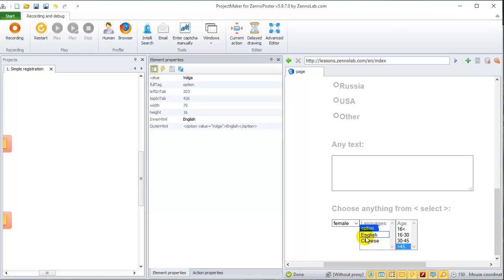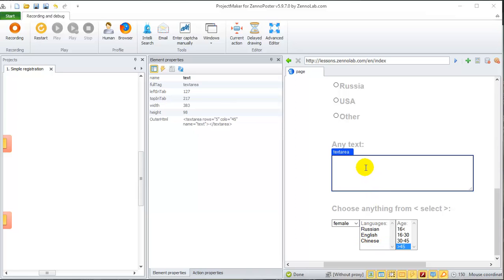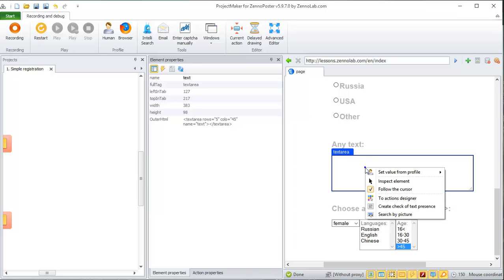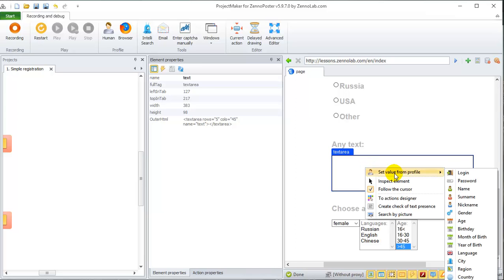When I move my mouse, I can see that the element properties window updates automatically, and here it is a text area. And if you agree with the attributes displayed in the element properties window, you can just continue to work with it. I can fill it with any data, or right click and fill value from any variable, which will be explained